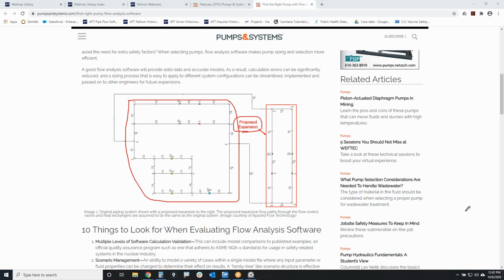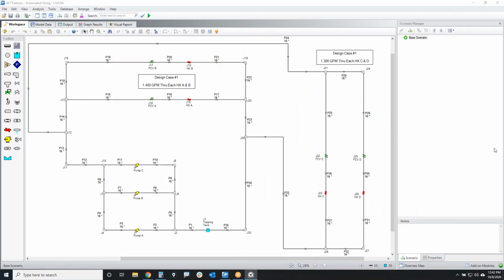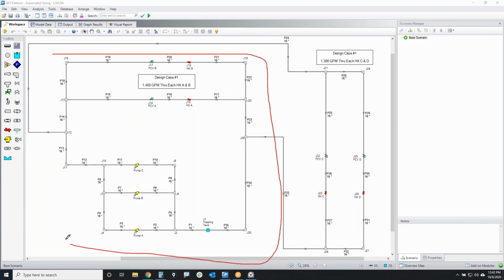So that's where the system that I'm demonstrating for you today came from. If you read that article, it'll give you a little bit more background about that. Okay, so now I'm going to go ahead and jump into AFT Fathom, and we're going to get started. In that particular article that I wrote, the story was such that this part of the system